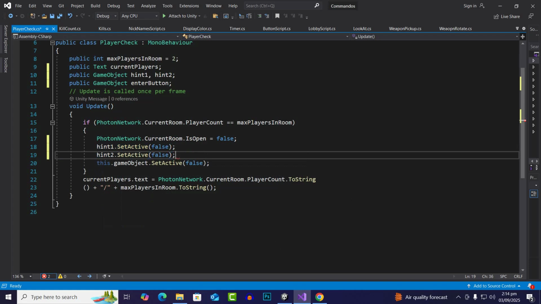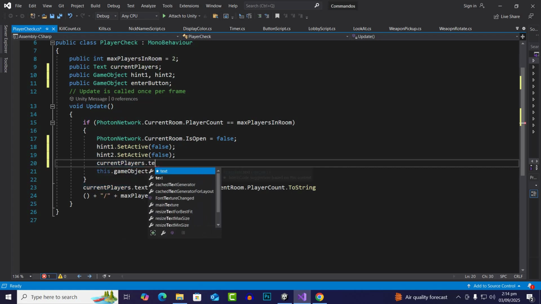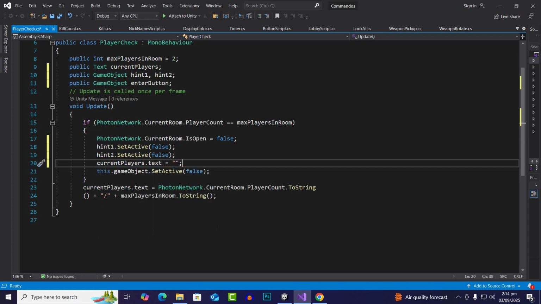We will make these buttons false, and then we will get the current players, and we'll make this current player dot text equal to empty. If you place two inverted commas, it will show us the empty